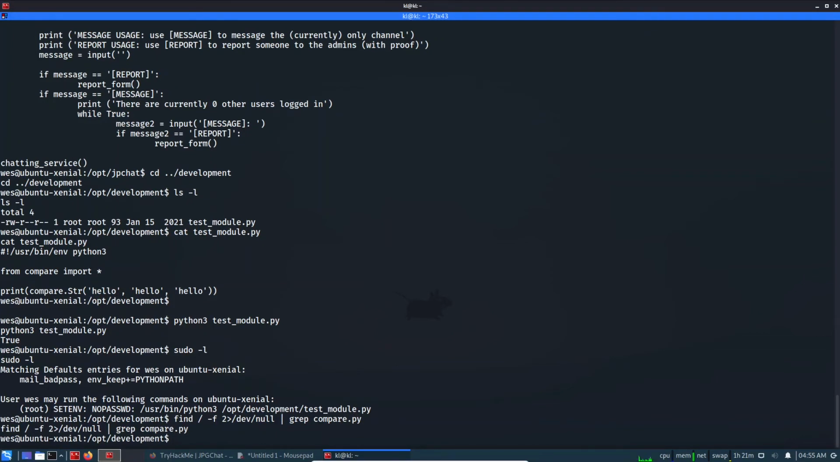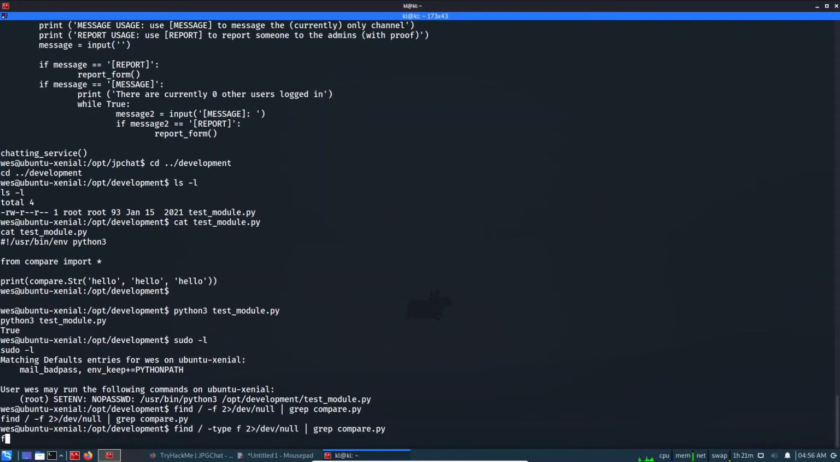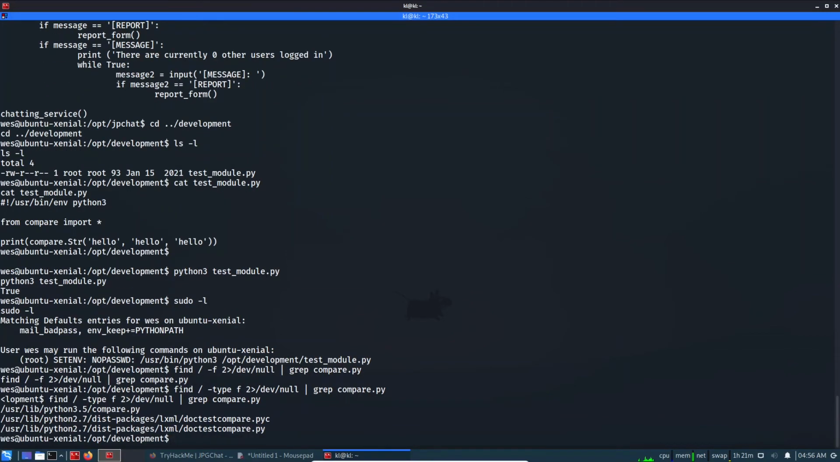Have I made any mistake? Not -F, hyphen F is wrong, I guess. Type F to div slash null grep compare.py. I'm not very good with Linux shell. Okay, so